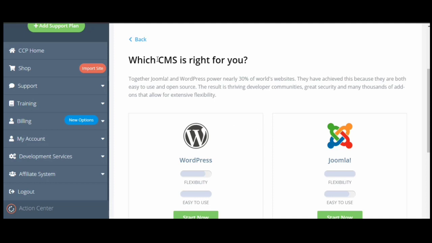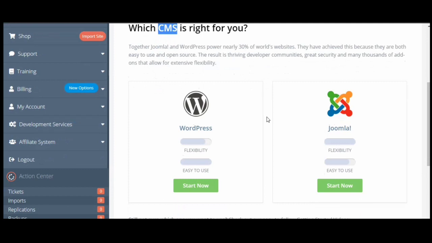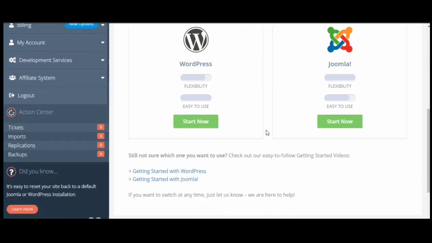As soon as you click on the button launch it for free, you'll get a CMS. It's a builder that will give you access to your website admin panel. You can either use WordPress or Joomla. I'll go with WordPress.